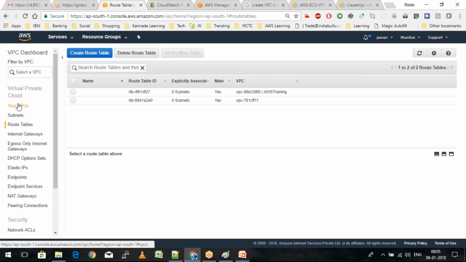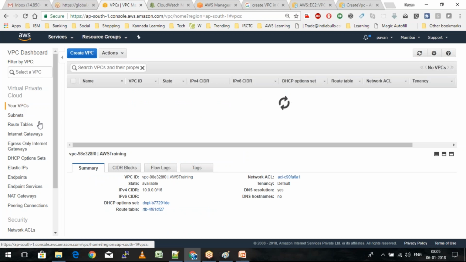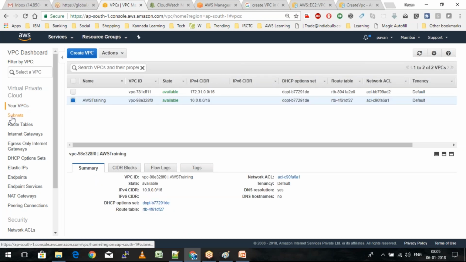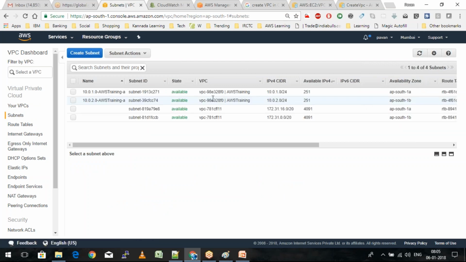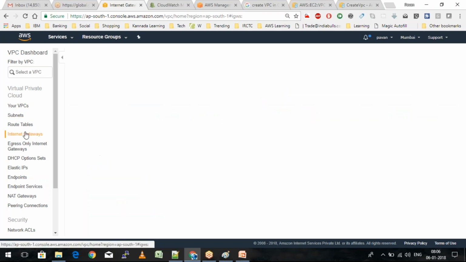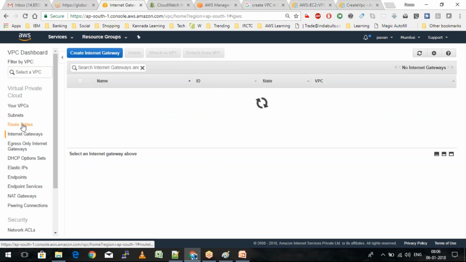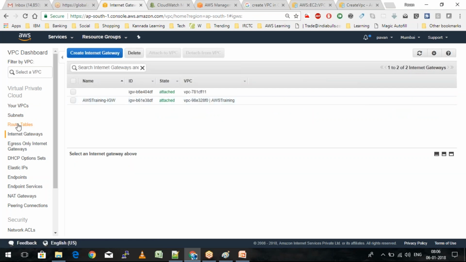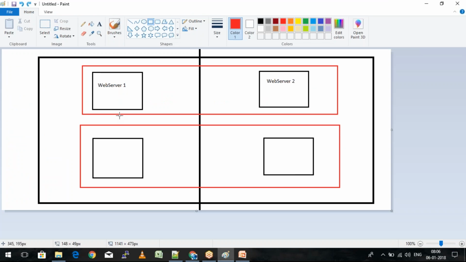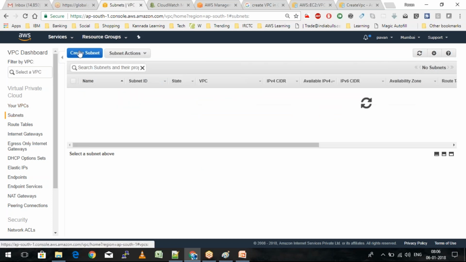Okay, so for now you can see that I have a VPC with the name AWS Training, which has got a CIDR block range of 10.0.0.0/16. It has got only 2 subnets at this point of time, and both of them are completely private in nature because there is no route defined outside to the internet, right? So we have created an internet gateway, but we have not given access, who is going to have a gate towards them, right? So we have not defined who is going to get the gate inside this specific premises at this point of time. So first I'm going to go ahead and create all the subnets which are required.